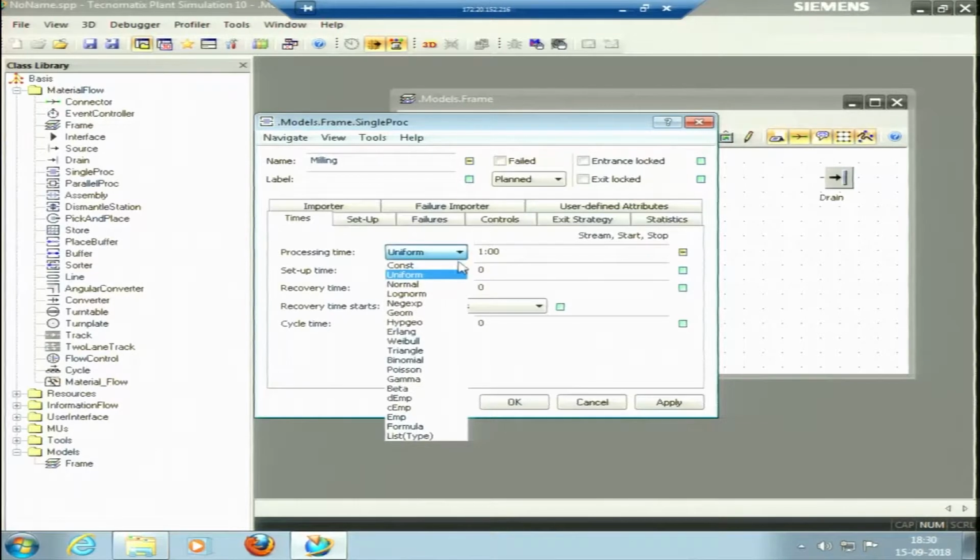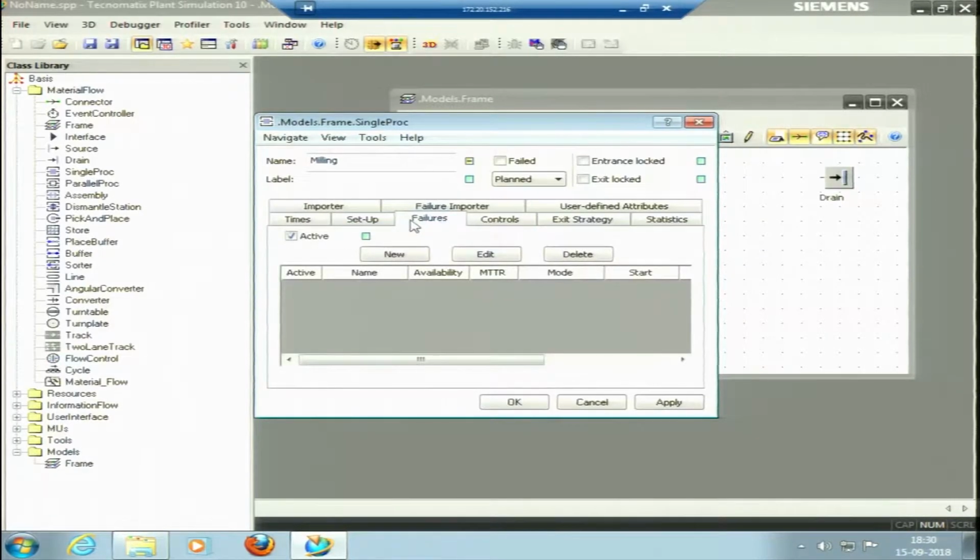So, I will just talk about this later. Let me first pick any processing time. Okay, processing time, setup time, recovery time, then cycle time, these times can be put. Then also we have the availability